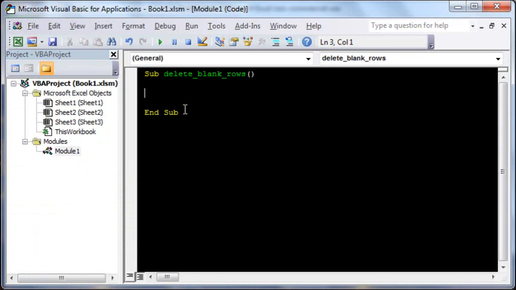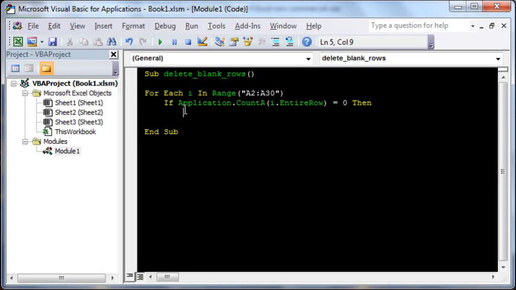So I'm going to loop through each of the rows of data in our data set, and I'm going to check whether or not the row is blank. So for each I in range A2 to A30, if Application.CountA(I.EntireRow) equals 0, then